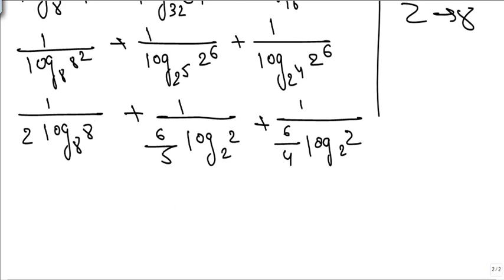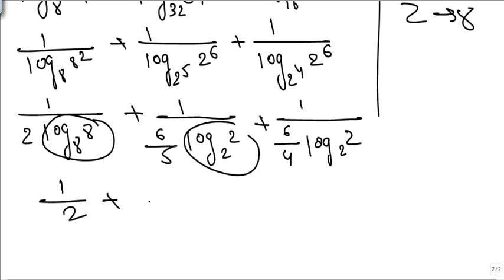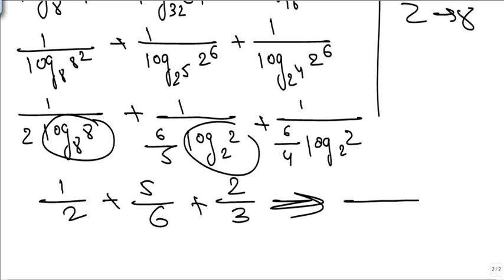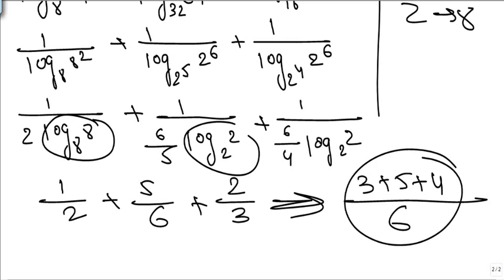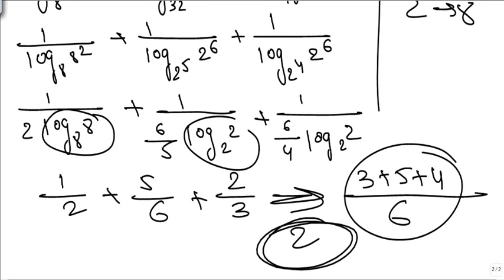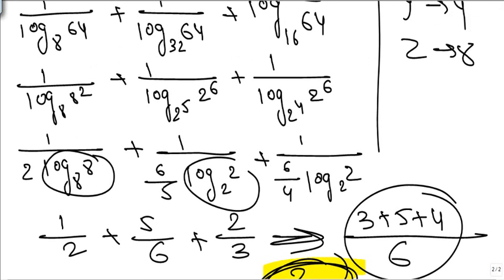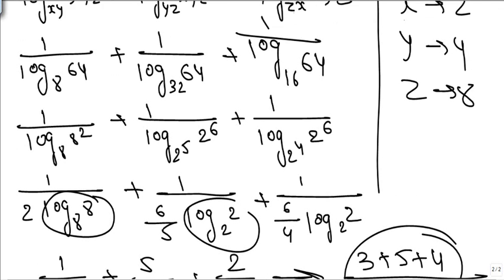So what all we get? Log a to the base a is 1, so this value is 1 upon 6 by 5 by 6, 1 upon 6 by 4, nothing but 1 upon 3 by 2 by 3. Solve it. LCM of 6, 3, 5, and what we get? 4. 12 upon 2. Answer will be 2. कोई भी ट्रायल एरर से जाओ, कोई भी कैसे भी जाओ, we can always get the answer.